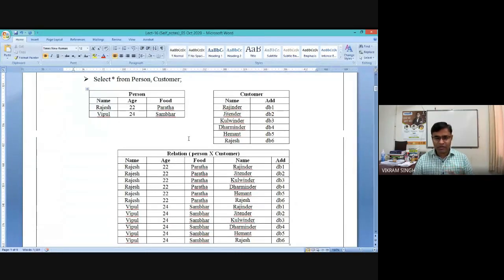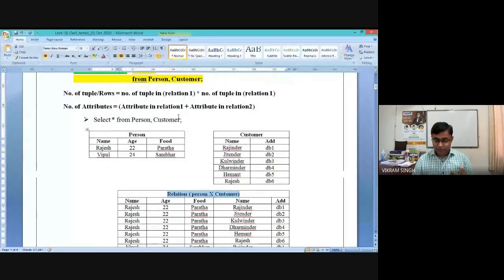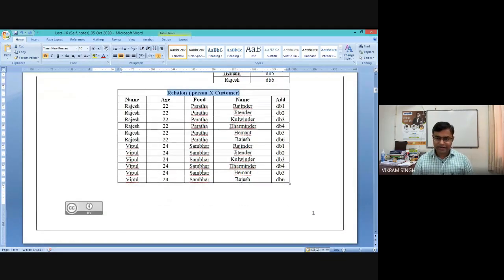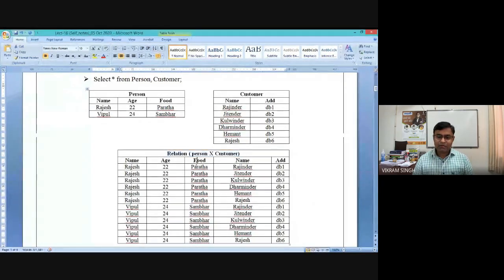It simply has a combination of these two. So during this from clause itself, this resultant relation will be created. Because there is nothing after the from clause, this relation will be retrieved after the select clause also. Select star means whatever you generated in the from clause, display it as it is. So in the from clause we have created this Cartesian product. This is what we have discussed. Cartesian product is nothing but a simple multiplication.